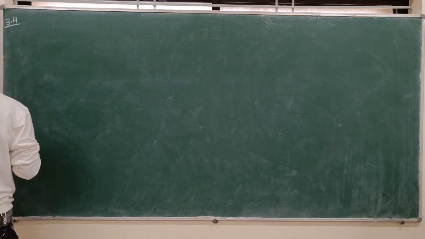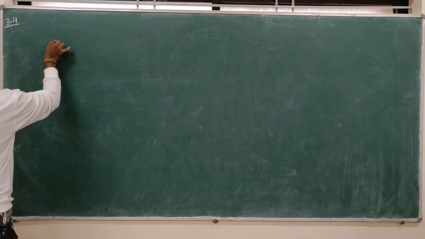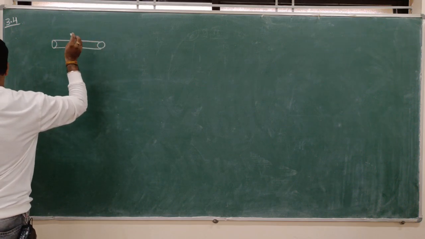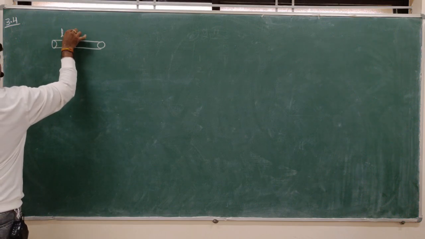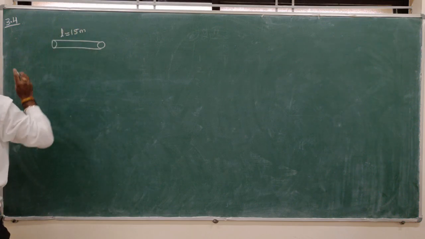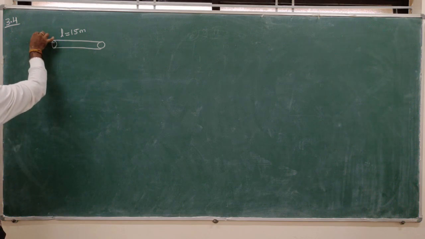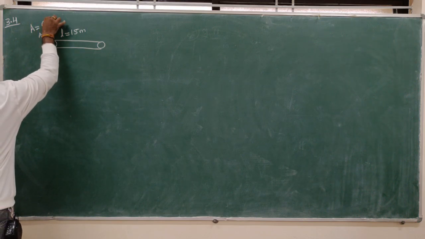So they have given a wire of length 15 meter, and the area of cross section of this wire is equal to 6.0 into 10 to the power